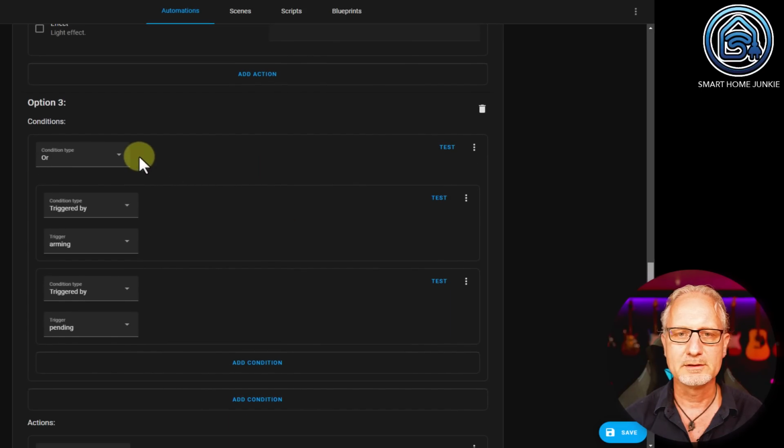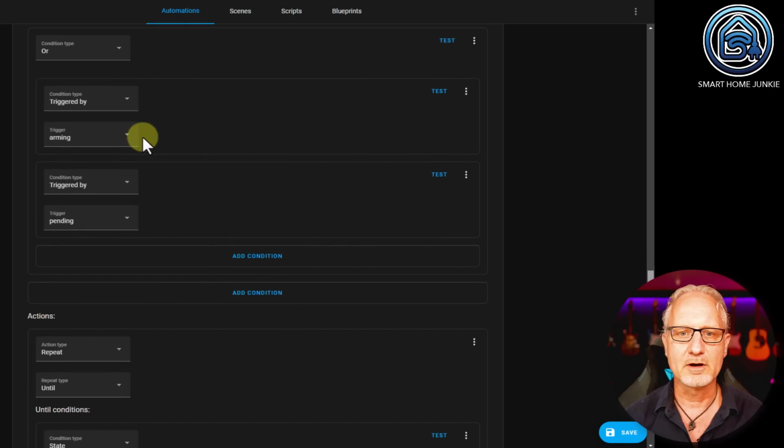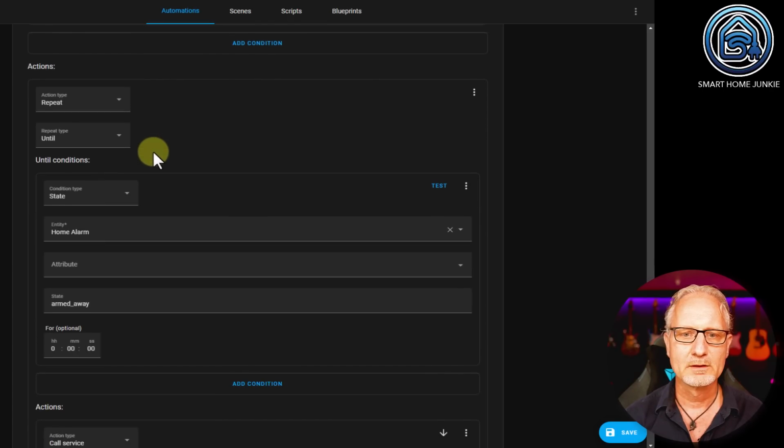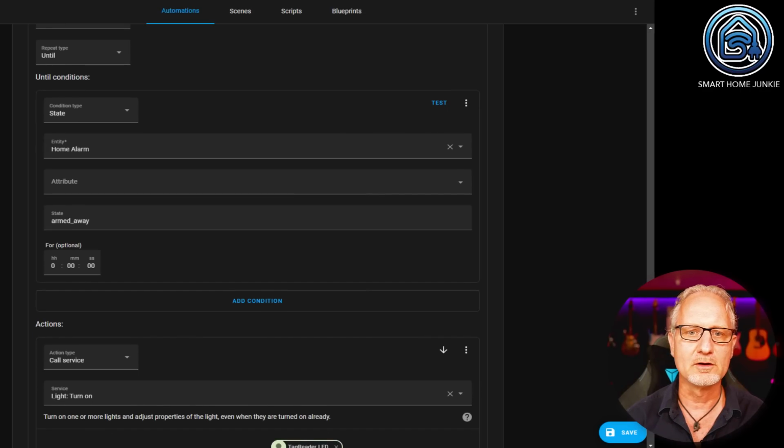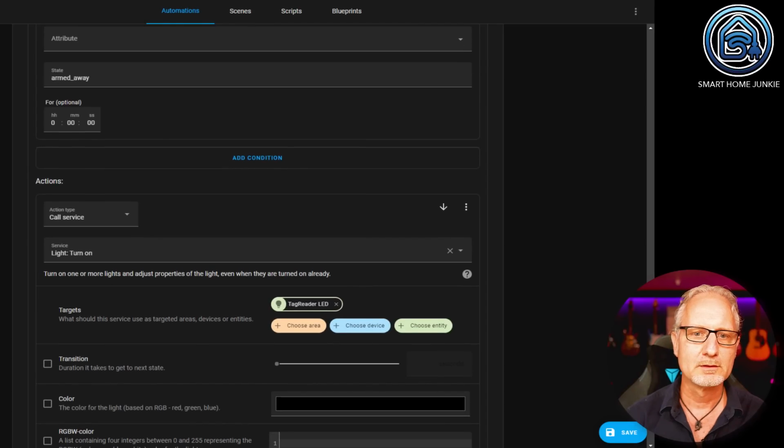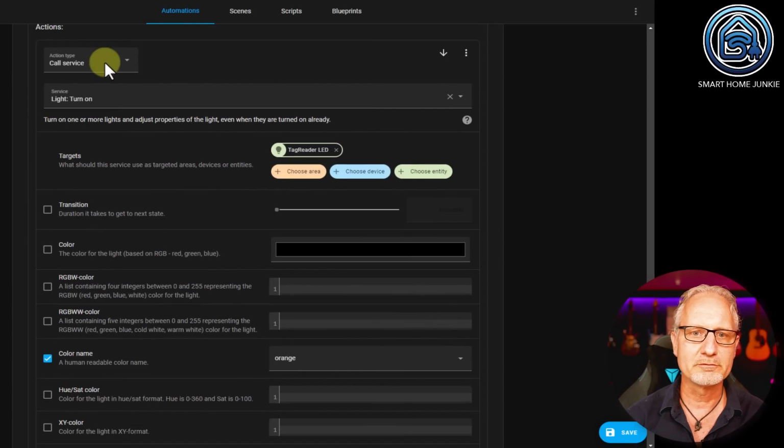Then option 3, it has an OR condition. If the trigger is arming or pending, then do a repeat action until the state of home alarm is armed away. So this is the time between arming the alarm and actually when the alarm is armed. Then we are going to flash the orange LED. So we're going to say here until home alarm is armed away, then call the service light turn on orange,